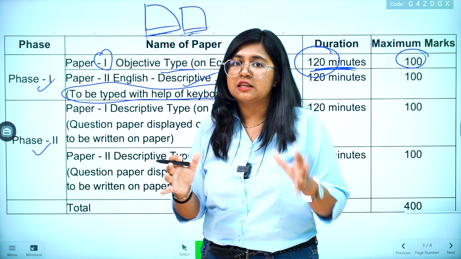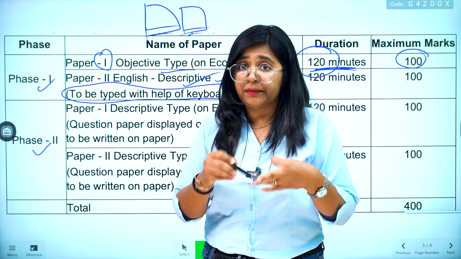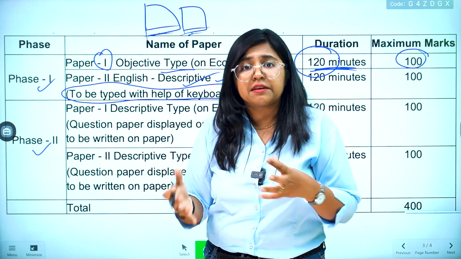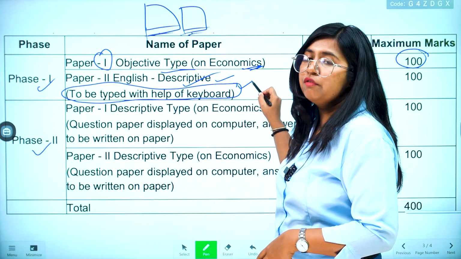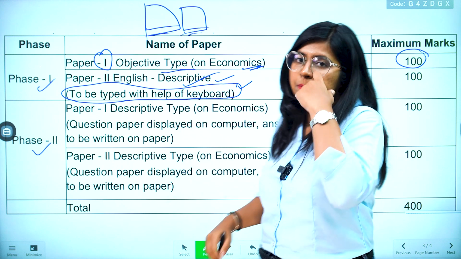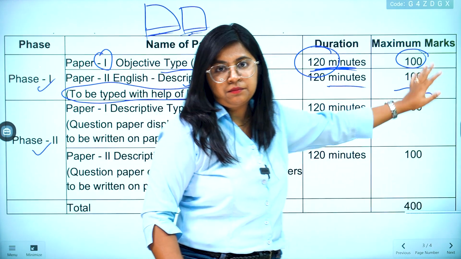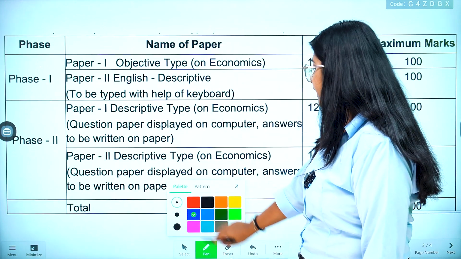Okay, so all the syllabus that you should prepare, whether it is essay or precis or formal letter writing or paragraph writing or English grammar, all of these things you need to remember and prepare for this paper 2. Paper 2 has a similar pattern, 120 minutes and 100 marks, right? Now let's go for paper phase 2. Phase 2